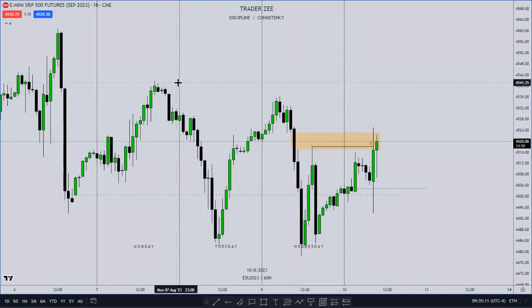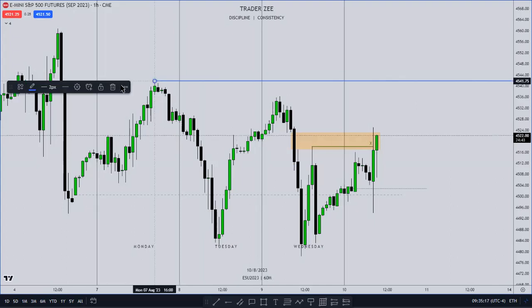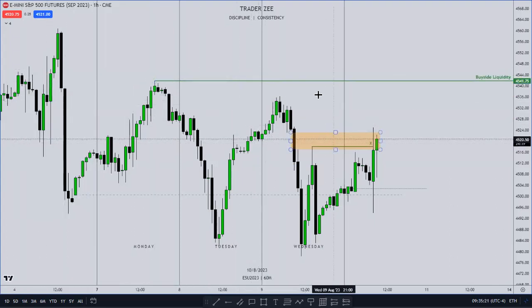I think for higher prices, the current intraweek high is the next buy side liquidity objective. If we go higher, if we take out this high, I think it should take out this high as well. And that would take us outside of the range, outside of the consolidation on the daily chart. Like this week was pure consolidation